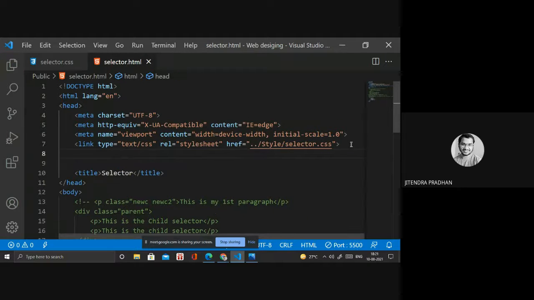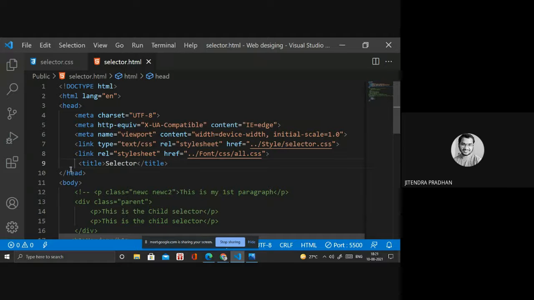So I will copy and paste that into the file. You can use any CDN link also. CDN is a content distribution network file or link. So next we have to find the particular icon.